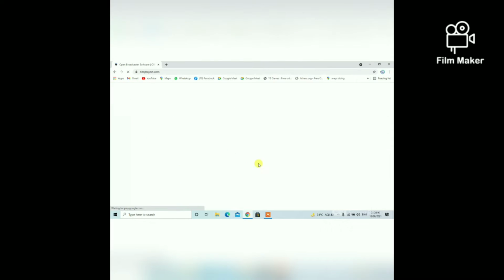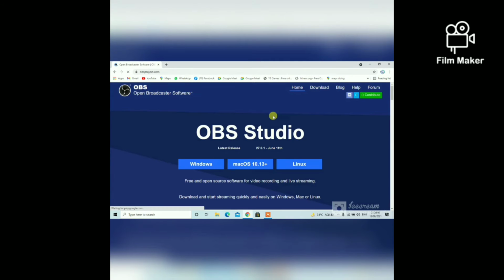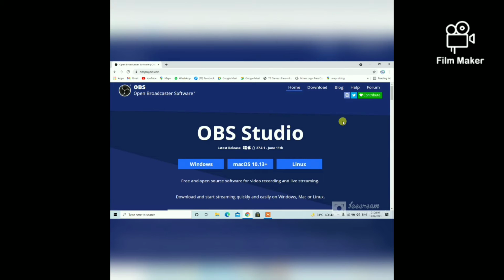After clicking, you will see this type of interface, and there will be options like Windows, Mac, Linux. If you are using Linux, you can download it by clicking Linux. If you are using Mac, you need to click here for download.